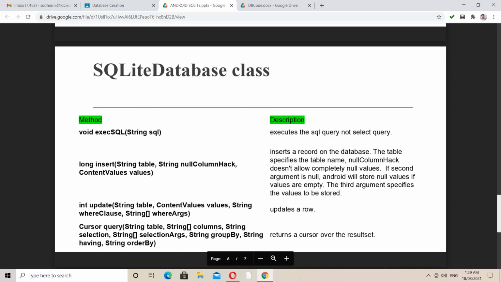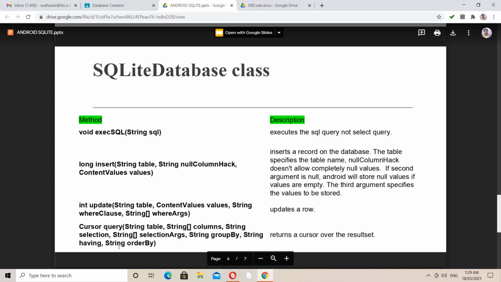We will look into that in the code. And then having is just like a where condition. A where condition fetches the information which has this kind of ID, or whose name starts with this, or whose initial is S.